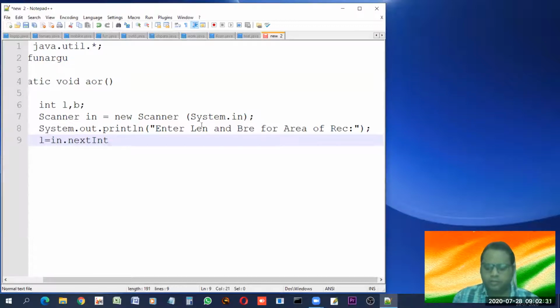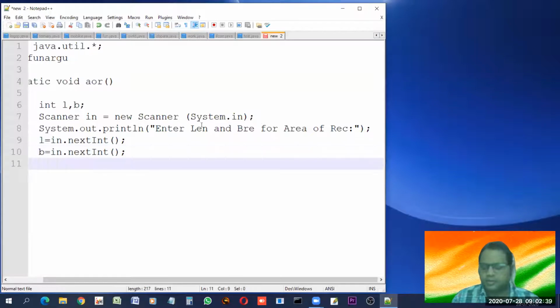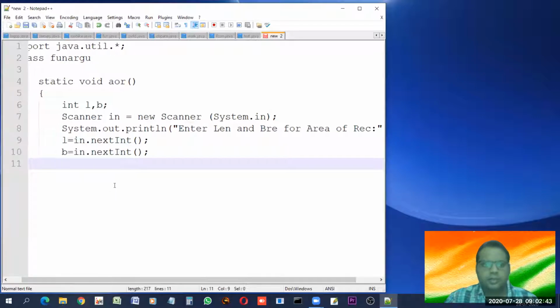These things should become very familiar to you. So do not say that, sir, I'm facing problems in these things. And if you really are facing problems, then there is a lack of practice. Now we have length and breadth. Then what? area = l * b.